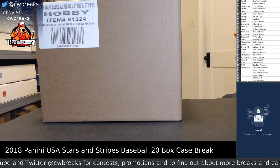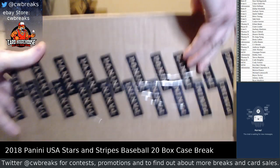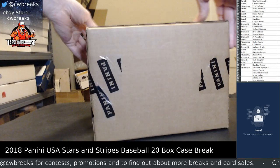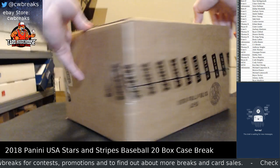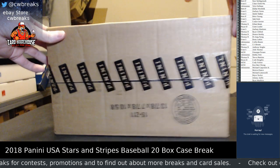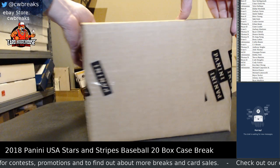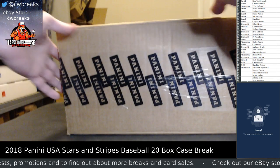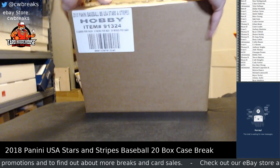As always, I'll show the case really quickly. This is a sealed case. Spin it around here. Guys, I've had this case sitting on the shelf for a little while here. Thought the spots would sell a little faster, and unfortunately they didn't, but that's okay. But what that means is